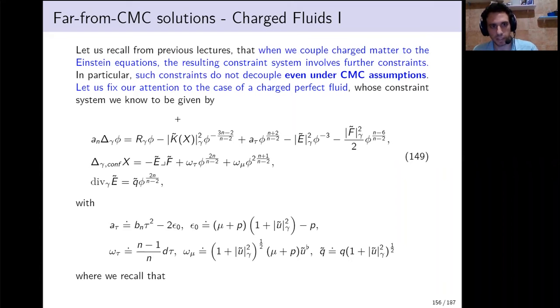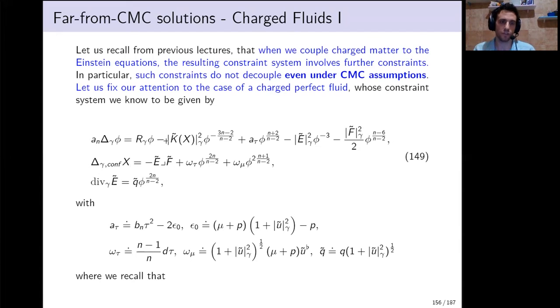First, this idea of considering a good and interesting non-vacuum case given by a charged perfect fluid. And this, as we have already commented along the course when we presented the appropriate constraint system, imposes some difficulty from the beginning, because this is the conformally formulated system that we already described in previous lectures. And the case of a charged fluid introduces one further difficulty, that is that the system,